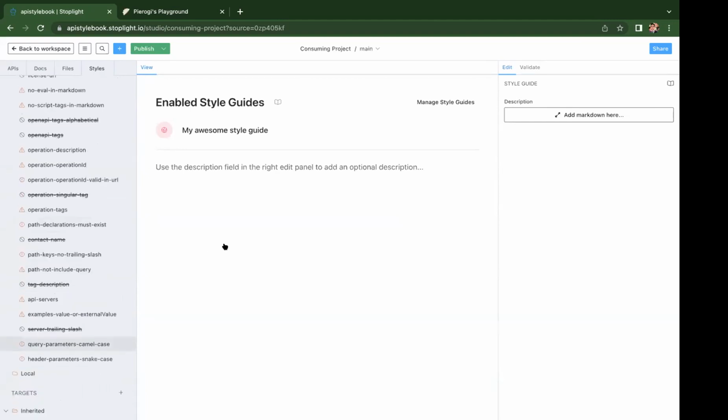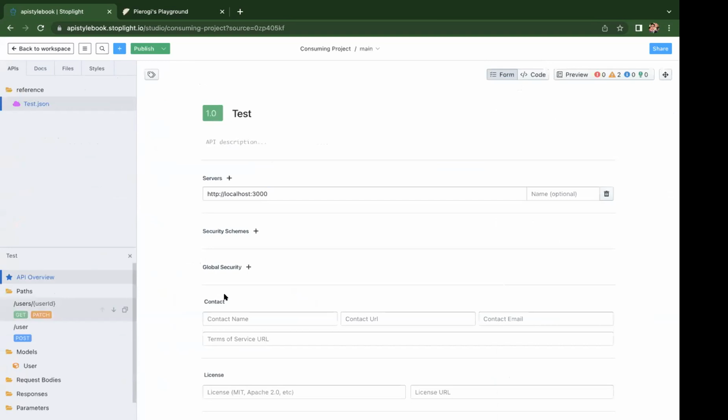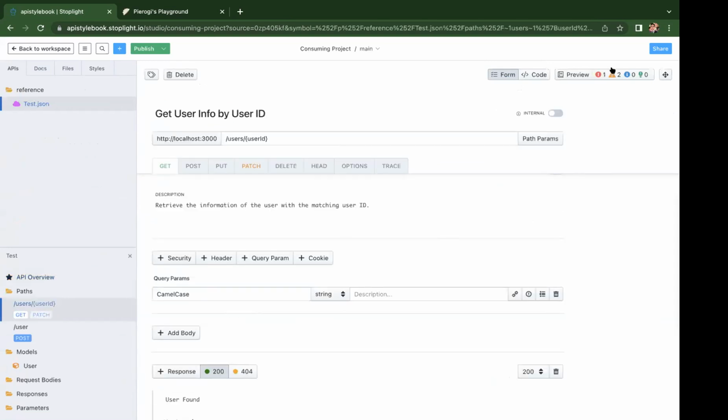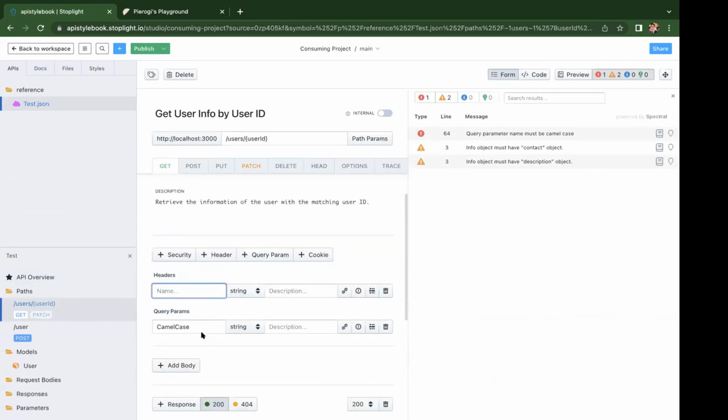And now if I go to my API designing, so let's say I add a query parameter and I do not make it camel case, it should start appearing here. Same goes for a header. Not snake case, and it should give me an error.